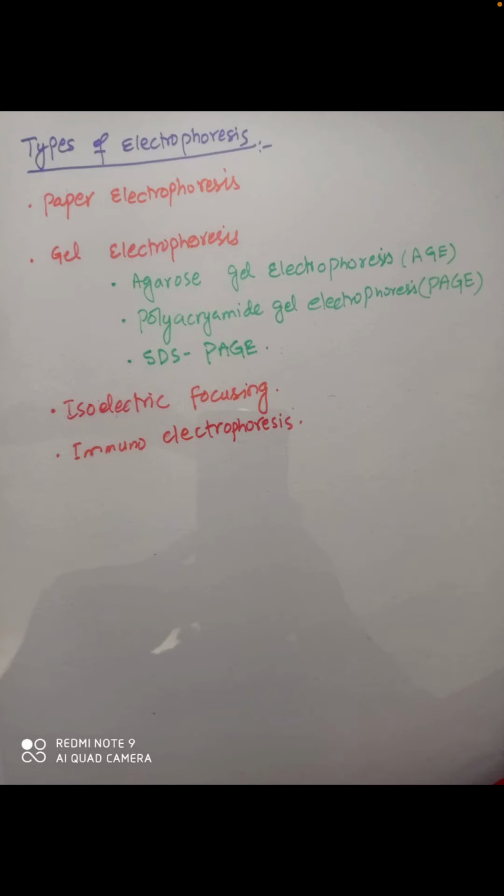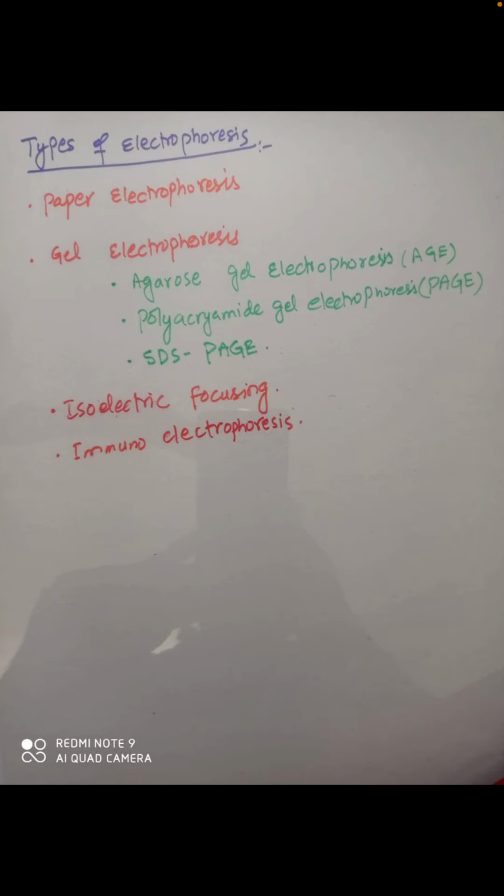Isoelectric focusing is a technique in which we use the same principle. Iso means same, electric means charge, and focusing means to focus that particular molecule towards that point. So in isoelectric focusing, we are focusing the charged biomolecules toward that electric point on which the charge on the molecules becomes the same. When the charge of the biomolecules becomes the same, it will be easy for the biomolecules to get separated.